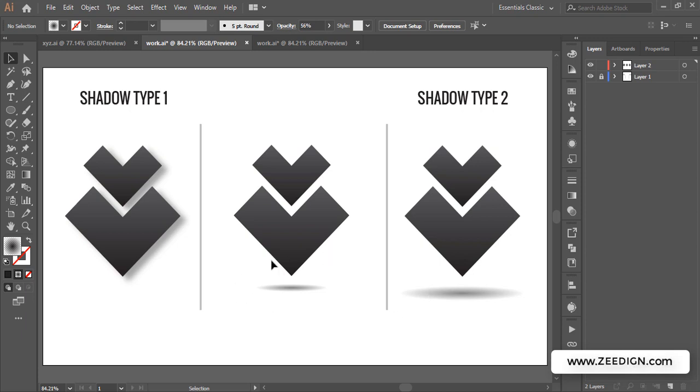I hope you will be able to follow the steps of both these types. For the first one we went to the effect and we applied it, and for the second one we created a circle or ellipse and then we made some changes on it using the gradient panel, and that's how we achieved this type of shadow. So that's it for these type of